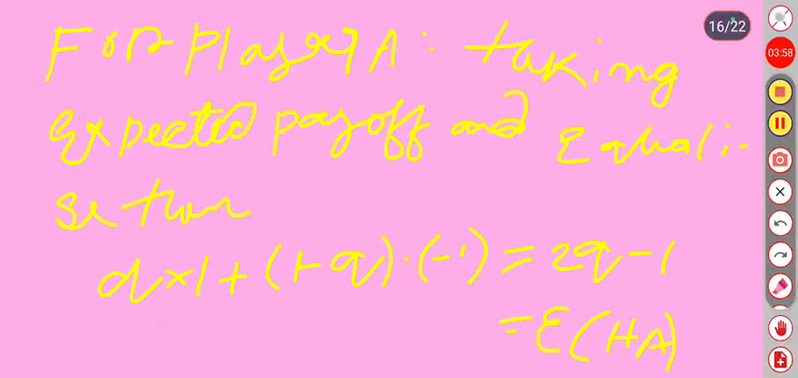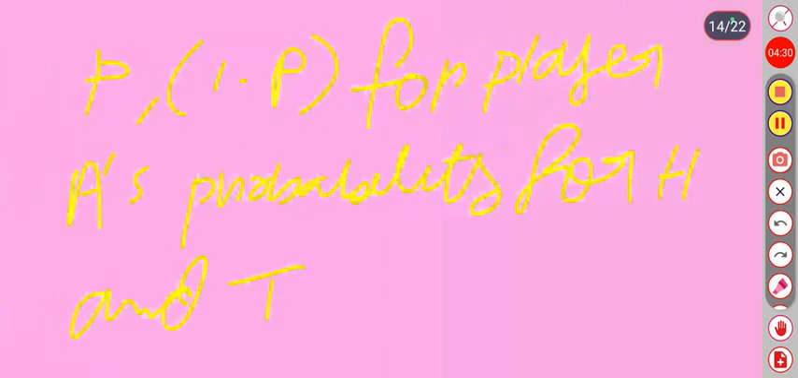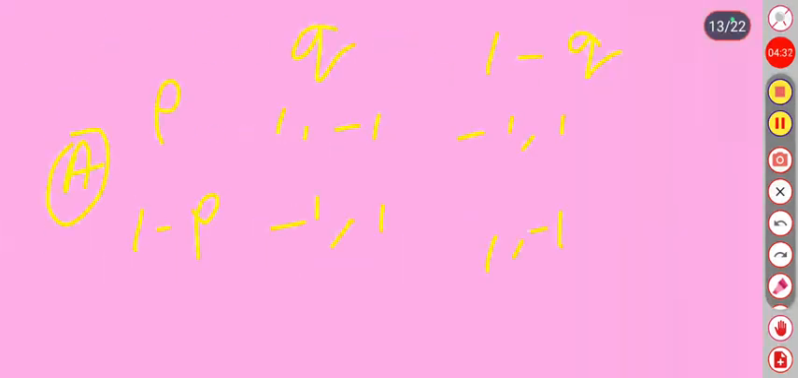Here we find the expected payoff and equalize the expected payoff of head and the expected payoff of tail for player A, and for player B we also equalize the expected payoff of head and the expected payoff of tail for the second player, that means player B. This is q into 1 plus 1 minus q into minus 1,